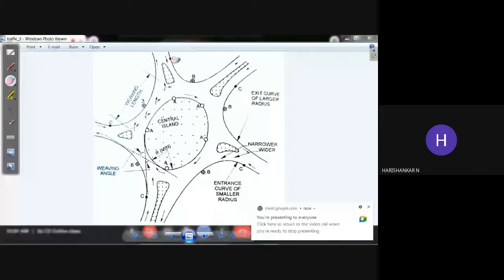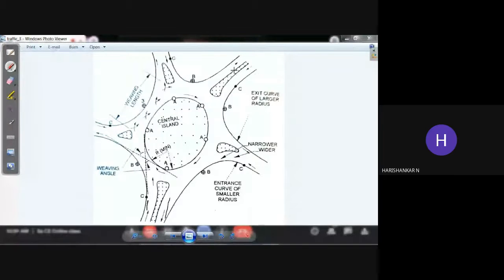Okay, in this diagram you can point out all the objects and you can explain them. Just like these are the individual roads. From this road, it is the entrance road and it is an exit road. Here we can see all these roads have both entrance and exit. Here it is the channelizing island, here it is a separating island, and here you can see the rotary island, and here you can see there is a weaving action. In front of all the exits you can see a weaving action.